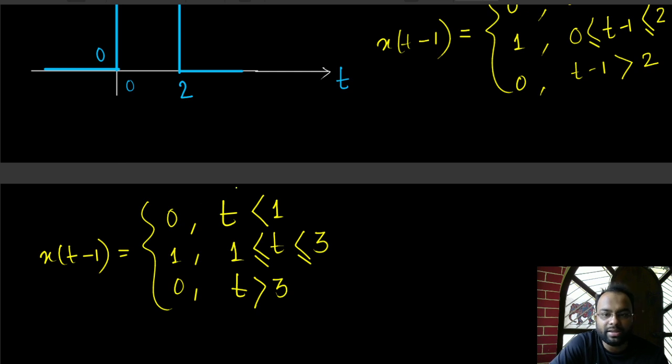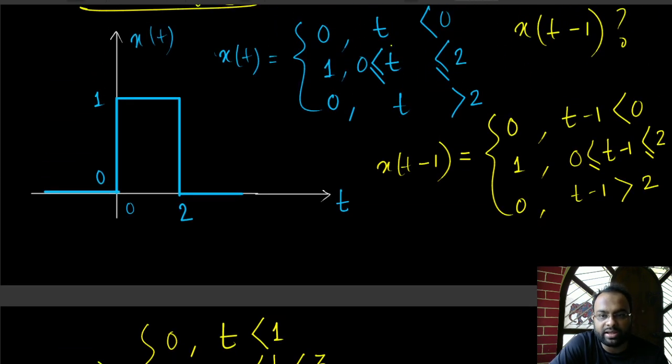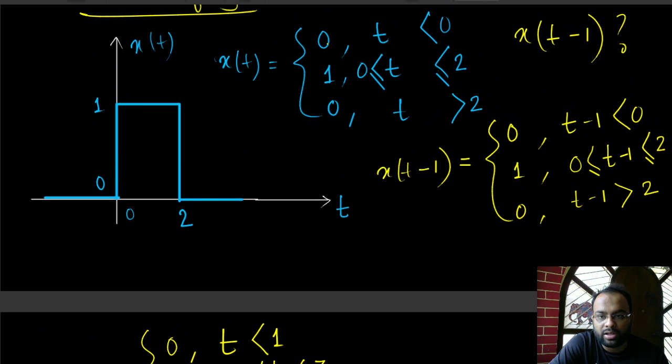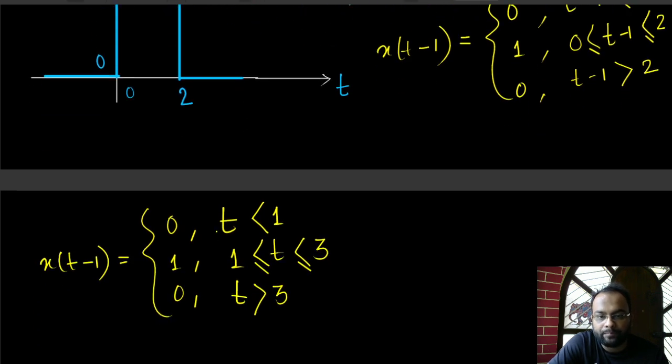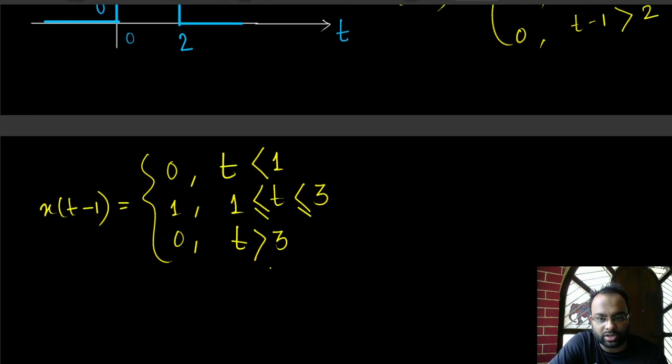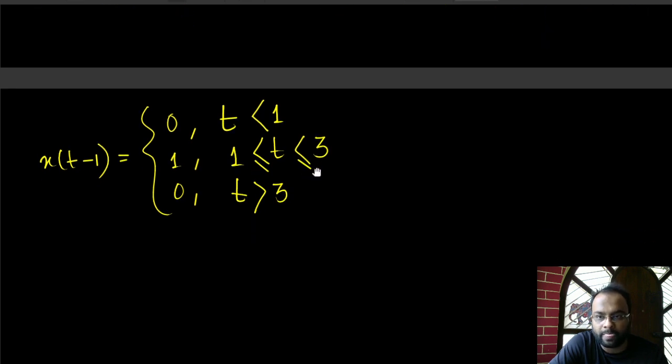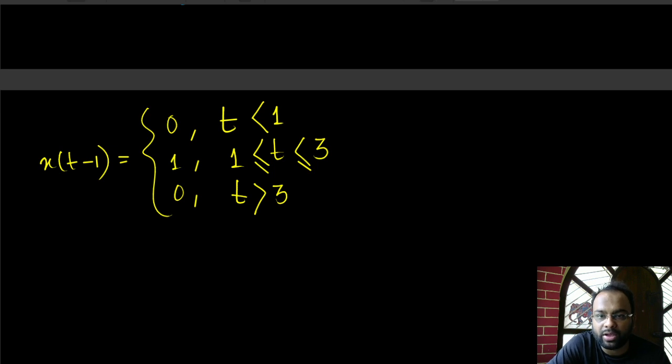So what happened? The signal simply got shifted. So look at this one. The signal had a 0 value before time was 0, and after time is 2, right? Now here the signal has a 0 value before time was 1 and after time is 3, and between time 1 second and 3 seconds the signal has a value of 1. So simply if I go forward,